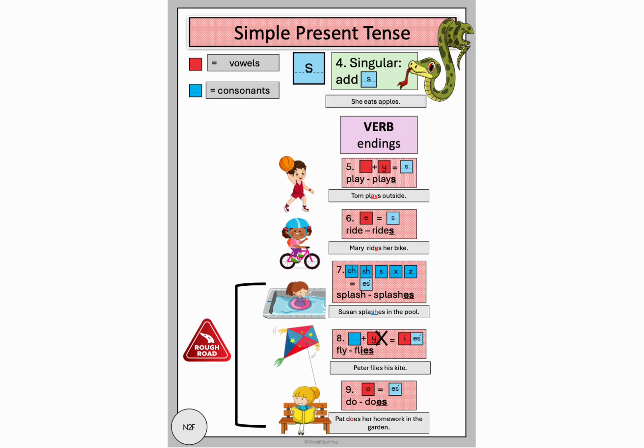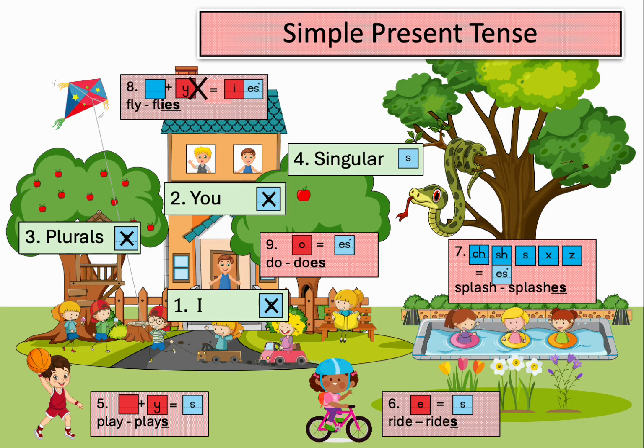This is the summary poster of all the spelling rules that are taught. This is what the complete poster will look like once you have built all the rules that apply to the simple present tense. Make sure that learners can apply the correct picture to the correct rule. Practice these rules as often as possible to ensure the retaining of information. When learners understand these concepts, it will be easier for them to apply what they have learned when doing sentence exercises.